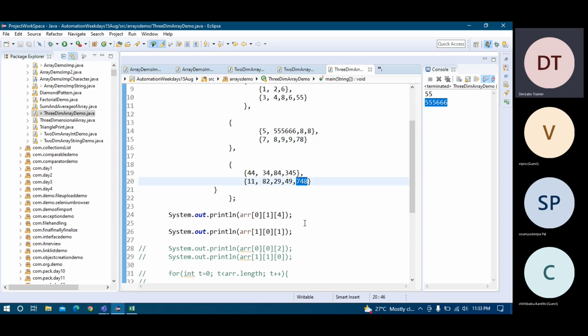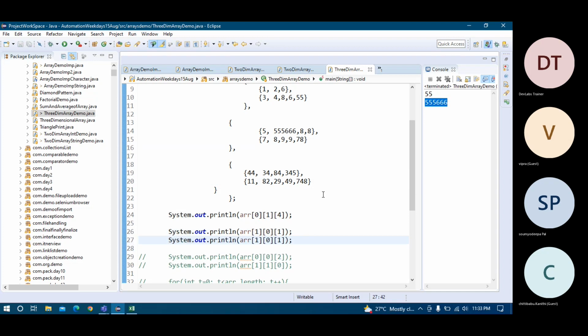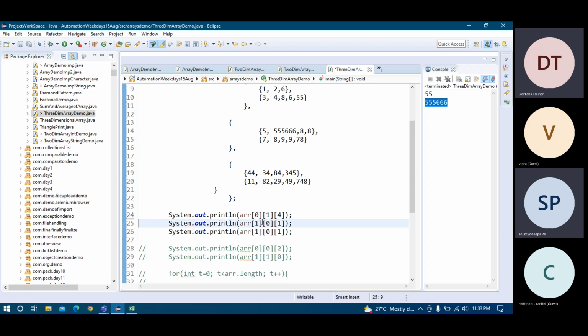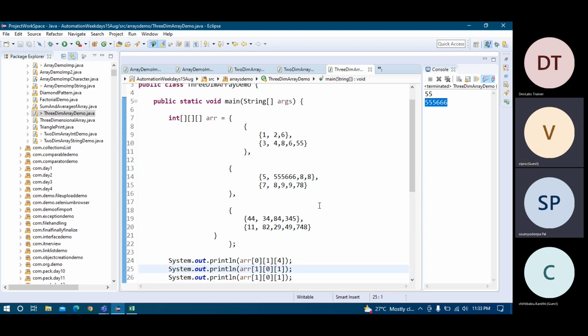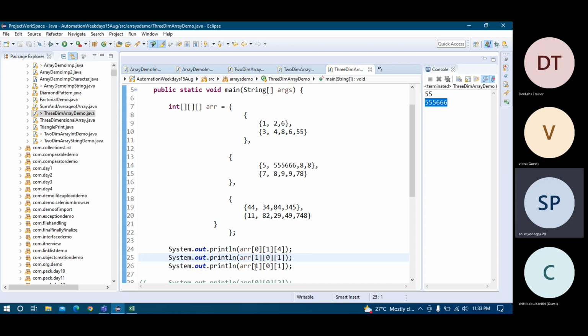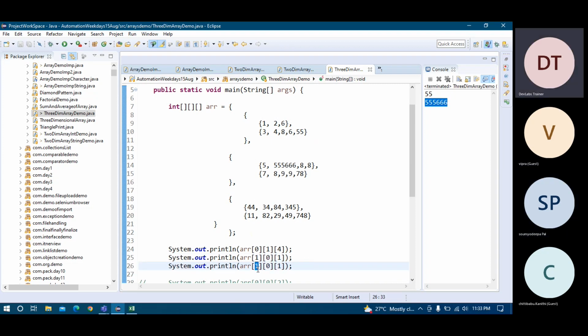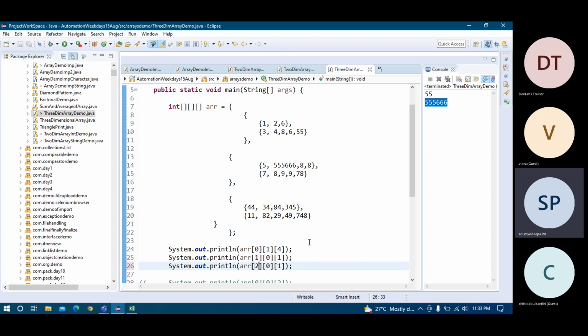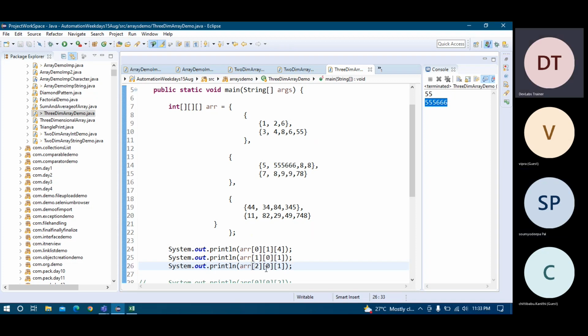Suppose you print 748. Now you tell me what the index is. Can anyone try for printing 748? What should be the indexes? Okay, 748. Table number is 2, correct? Row number is 2.